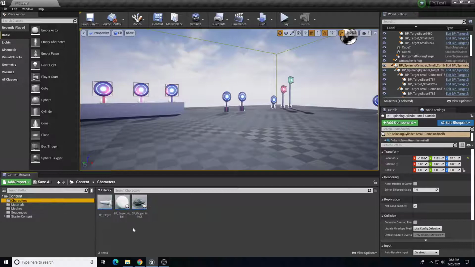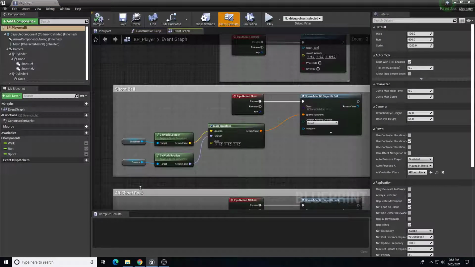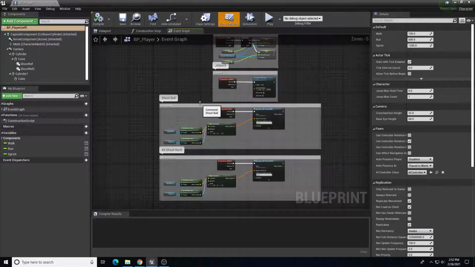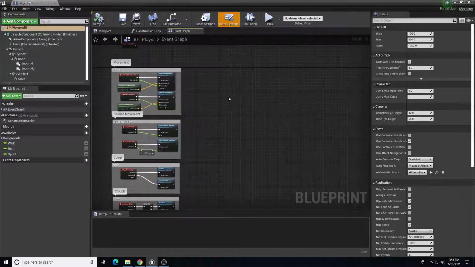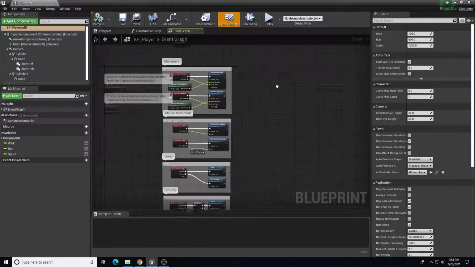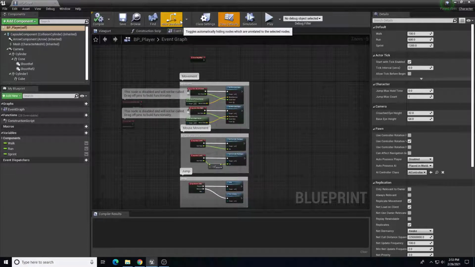So we're going to start by going to our character blueprint, and you can look up some of the previous videos I've created on setting up the character, setting up the targets, setting up projectiles, but this video will focus on tracking and displaying interactions in the UI. So in our character blueprint, we're going to create a new variable that we're going to